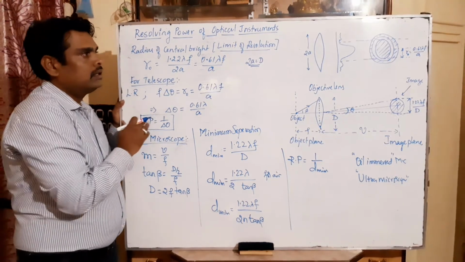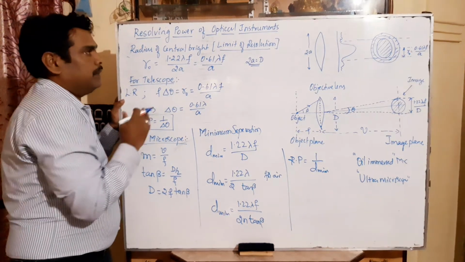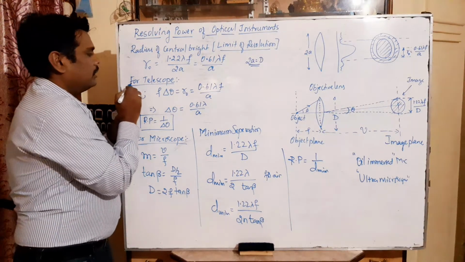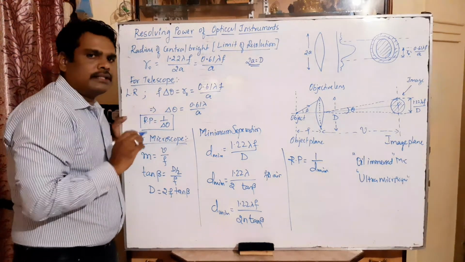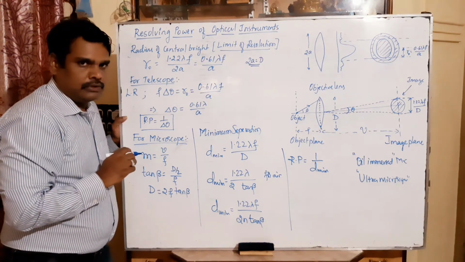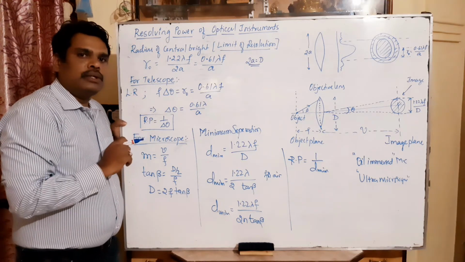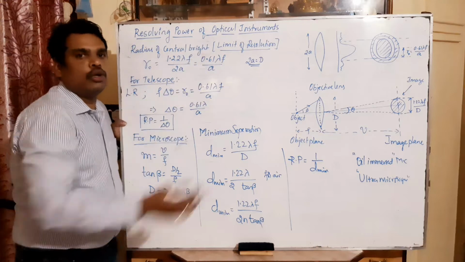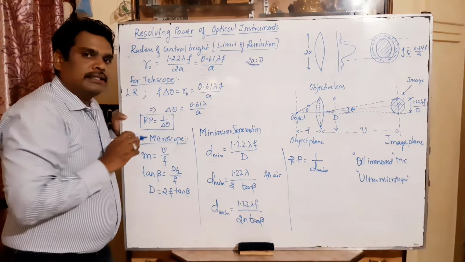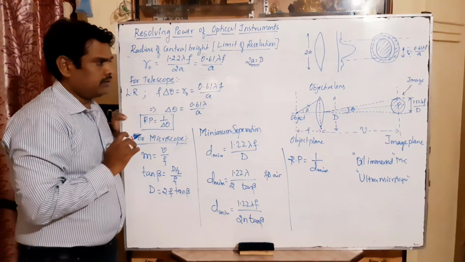That value will increase the stability or the concentration of the instrument. Now, let us consider the telescope, which we already discussed using the ray concept. A telescope is an optical instrument used to see very distant objects. There we are using two lenses: one is an eye lens and the other is an objective lens. Both are convex lenses.